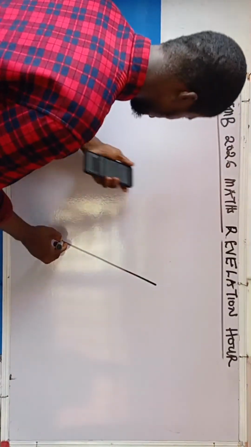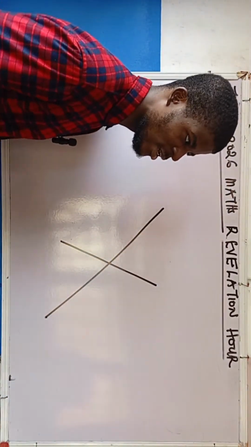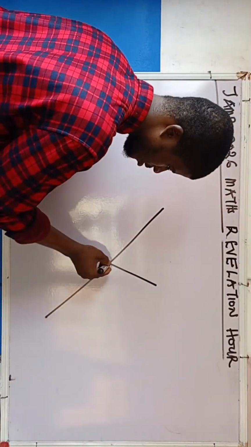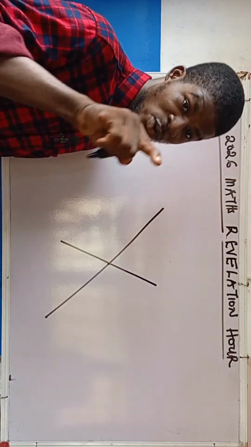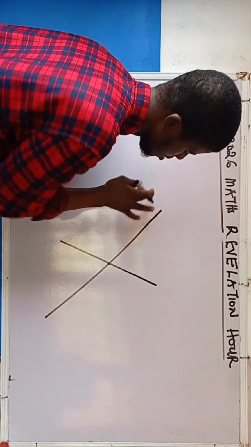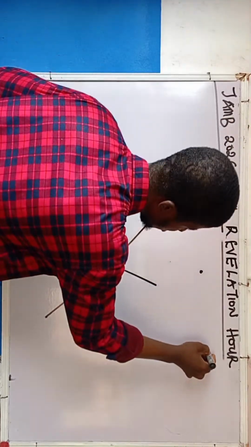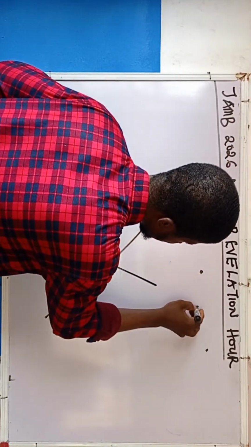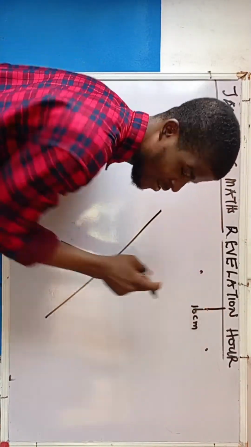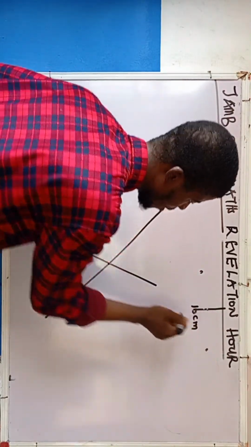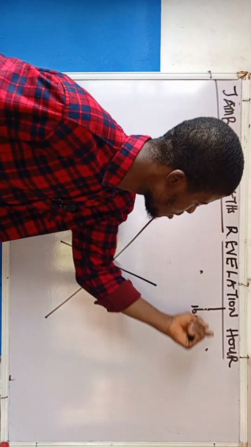It says the locus of a point equidistant from two intersecting lines. These are two intersecting lines, that is, the lines cut each other at a particular point. So a point is going to move such that it must always be at the middle. Equidistant means equal distance. If I have a line, let's say the full line is 10 centimeters. At the middle, from here to here is 5 centimeters. You agree? So I can say that this point is equidistant from these two because it maintains equal distance apart from the